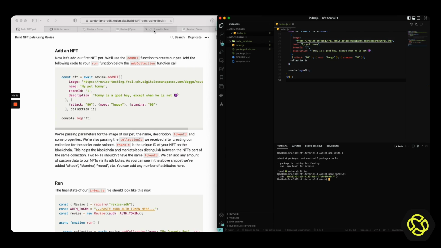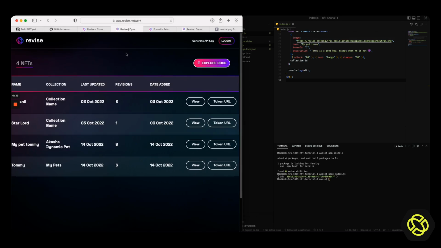We will quickly go back to our revised dashboard. We'll do a quick refresh. I currently have 4 NFTs. It should become 5. We have 5 NFTs now. You can see my pet Tommy and testing Akash's pet as the collection has come through. If I just go and click view,